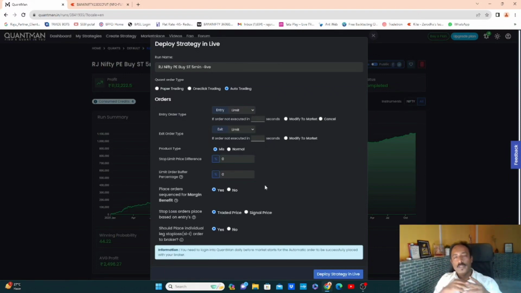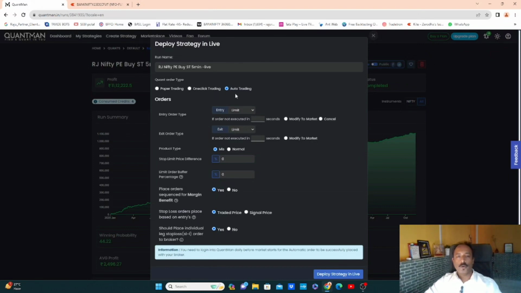I will show you how to integrate your broker account as well. There will be an API, application programming interface, as we call it. It's not as complicated as that, because your broker will give a key to integrate with this platform. Once it is integrated, the system will connect to the broker system to send and place the orders on your behalf. I'll be showing that as well, how to integrate and which brokers are supported.